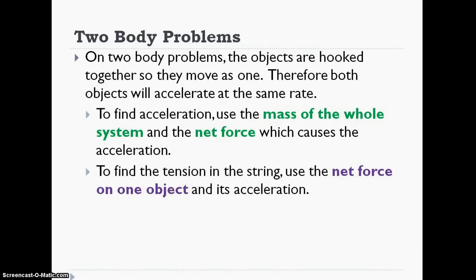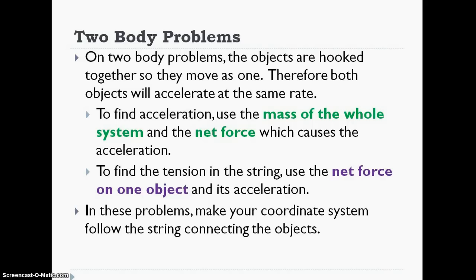The second thing then is to find the tension. The tension is a component force to the system. It's not a net force. So you need to look at one object or the other and find the equation for the sum of the forces and use that to find the tension for the object. So first you have to find the acceleration for the system, and then you use that acceleration to find the tension. And that's a lot of words that probably don't make any sense until we do an example. So let's do an example.